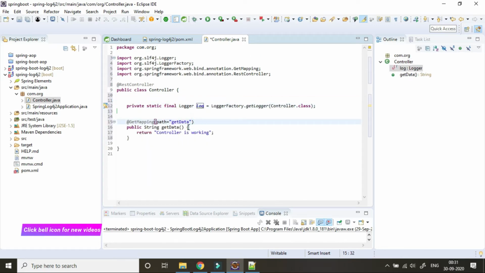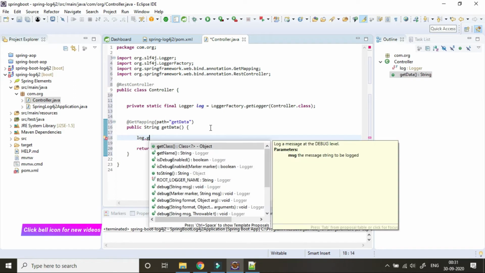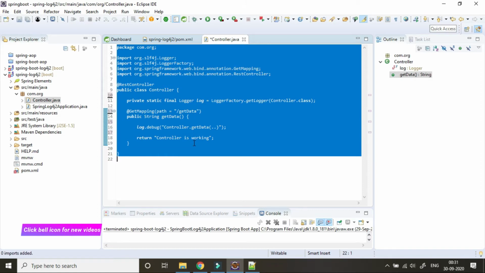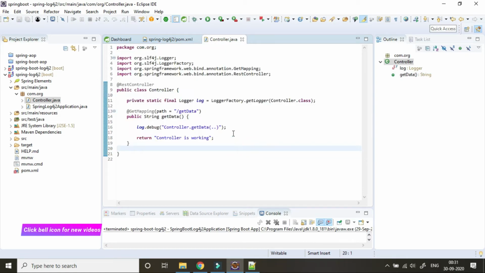Now we will provide the logger. So what will be the expected behavior?